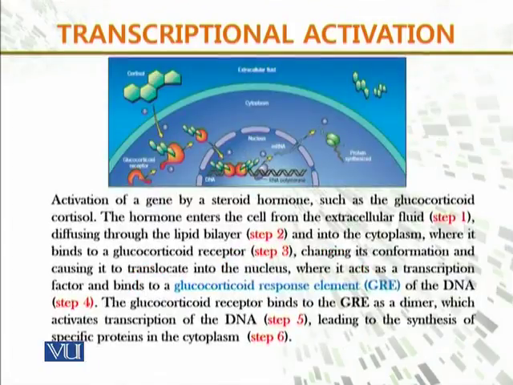For example, here it has been demonstrated how the activation of a gene by a steroid hormone such as cortisol takes place. As we see, in stage 1, the hormone passes into the cell, then in stage 2 it enters the cell, where it goes further through stages 4 and 5. It acts as a transcription factor and binds to a glucocorticoid response element, the GRE of a DNA, and eventually in stage 6